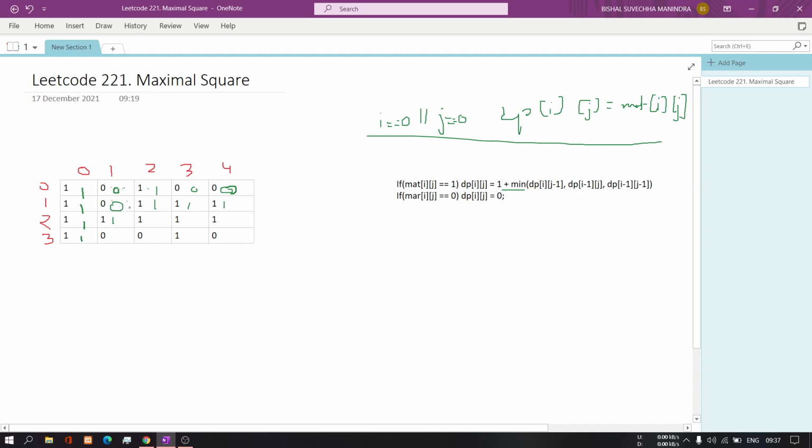Here also same, 1 0 1, minimum is 0, 0 plus 1 is 1. Now 1 1 1, minimum is 1, and 1 plus 1 is 2. 1 1 2, so minimum is 1, and 1 plus 1 is 2. Look here, 2 1 1 1, it will